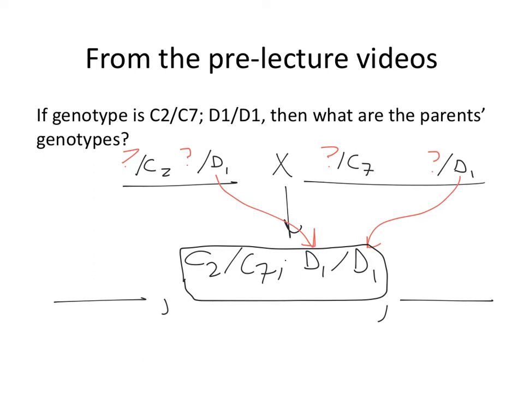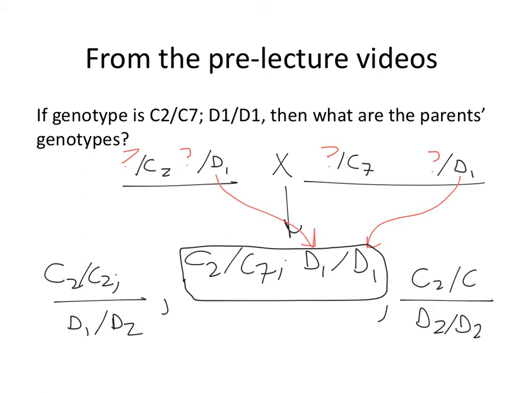So I'm going to draw a couple of things in right now, and then we'll leave it at that for today. You can try this as a practice exercise if you want to work on figuring this out. Let's say her siblings' genotypes are C2 over C2 and D1 over D2. And let's say over here we've got D2 over D2 and C2 over C7. Okay, we'll leave it at that. Say you get that information. Now can we unambiguously, without a doubt, figure out what the genotypes of the parents are? We'll talk about that later.